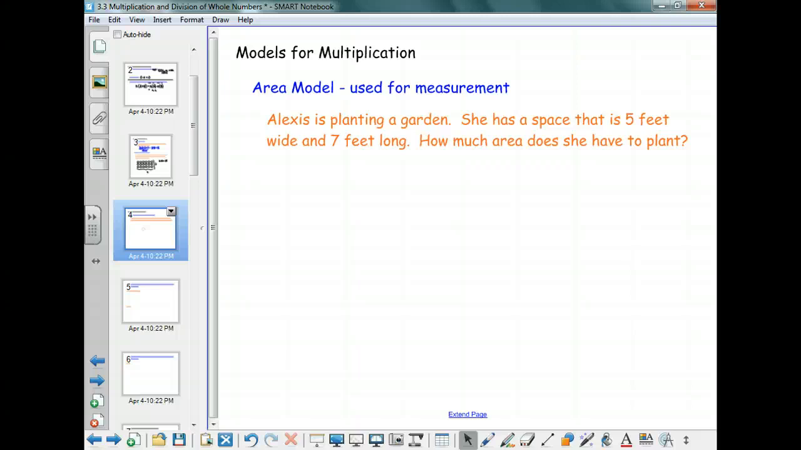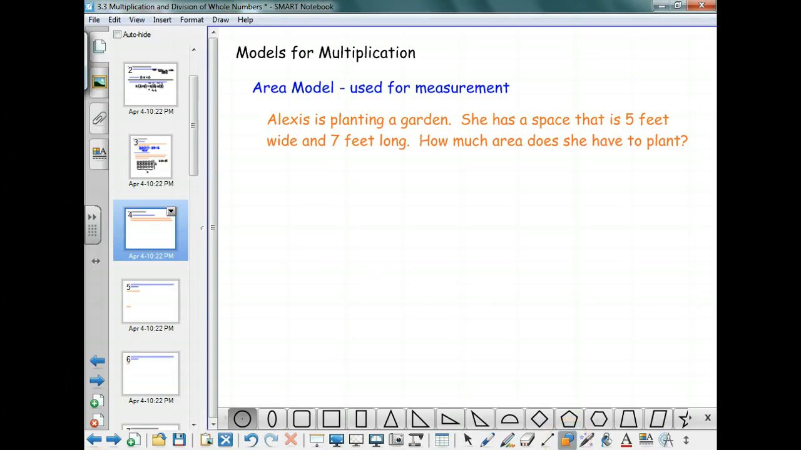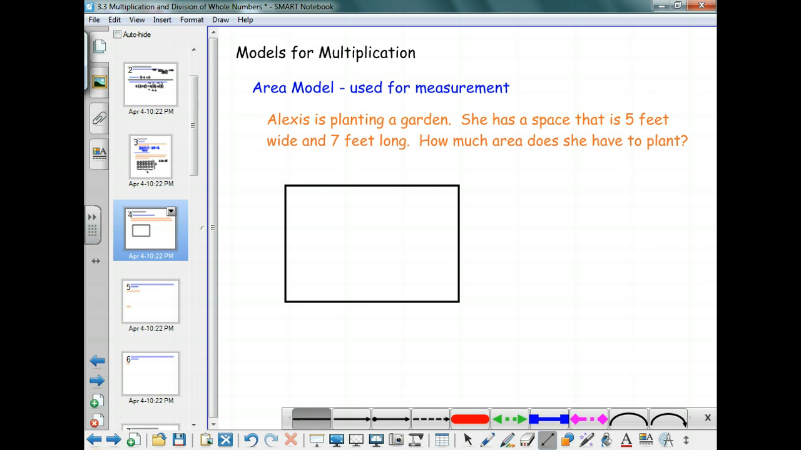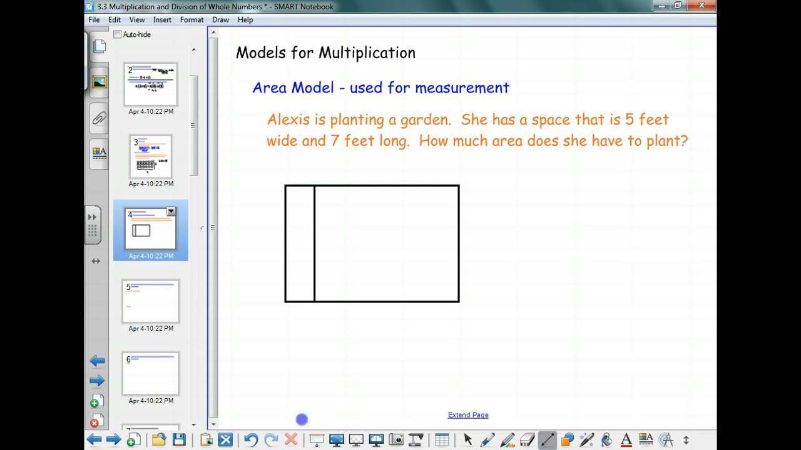So you see, Alexis is planting a garden. She has space that is 5 feet wide, 7 feet long. In feet, we're talking about something we can measure, number line like this. How much area does she have to plant? One of the ways we could do that is we could draw our picture, and our picture can be drawn so that it has 7 feet long and 5 feet wide. This is not going to work out perfectly, but we have the right idea. If I were taking this and it's 7 feet long,